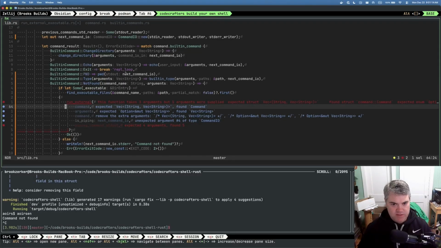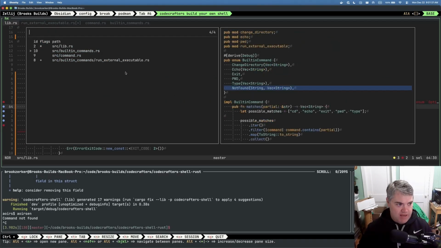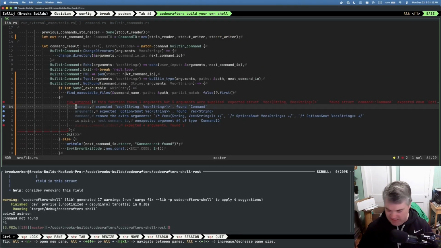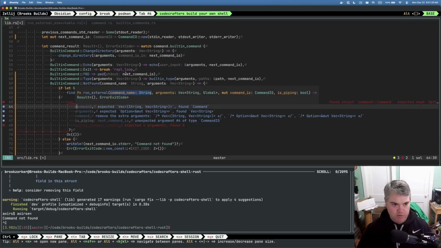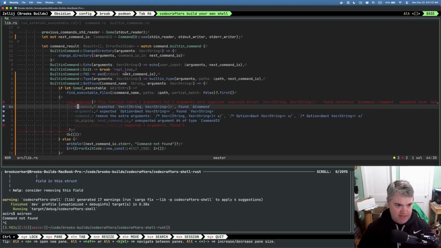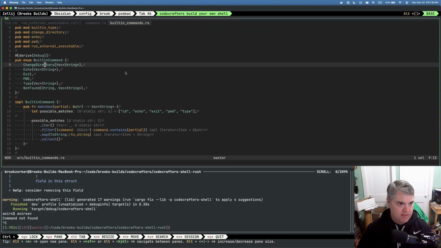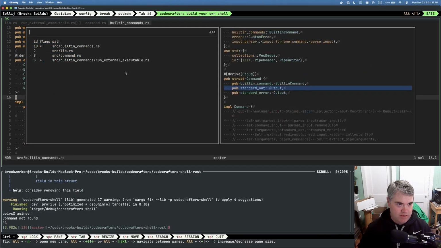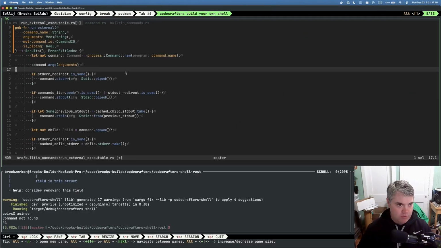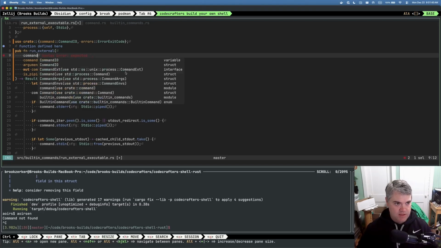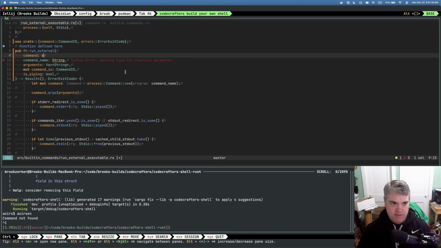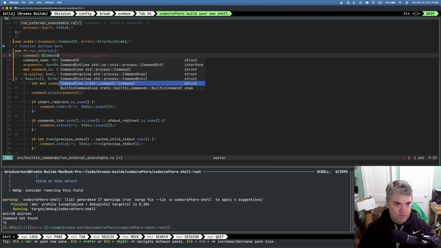So we need to figure out, let's see, we found a command. This command is a type command. I don't need to take ownership of it, so I might actually be able to get away with something like that. In built-in commands, no, not built-in commands, and run external executable. So if I take the command, which is a reference to a command, which is that,